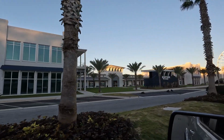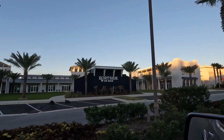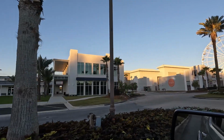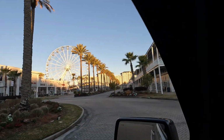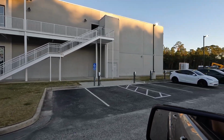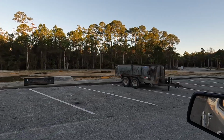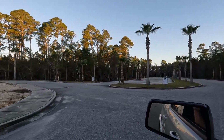So they've named this new little addition to the Wharf Portside on the Main. Turning here by the skate rink, they do have some charging stations now for cars. Got some Tesla ones on the other side here. They used to have a little putt-putt golf course right there in that little area, but that has been taken up. This road here leads around to the amphitheater